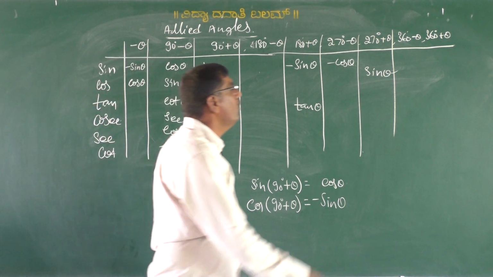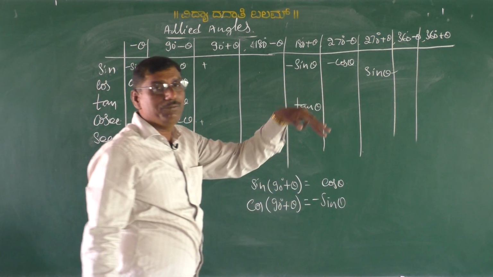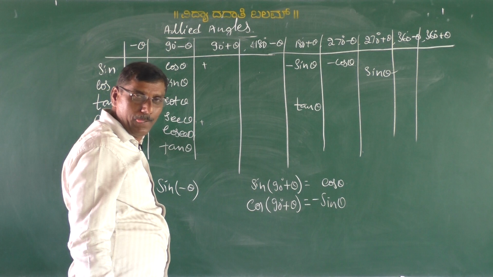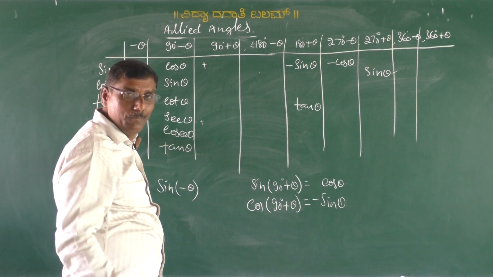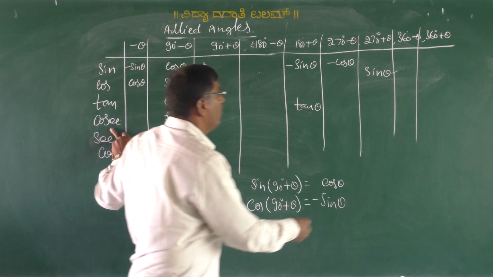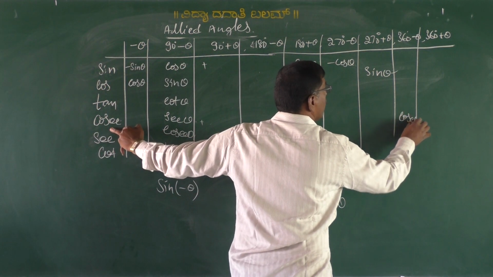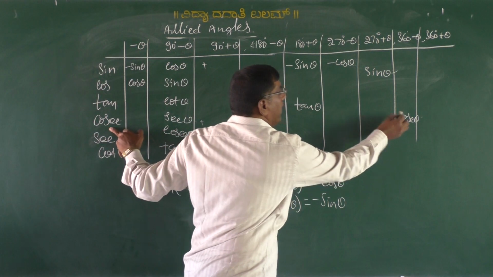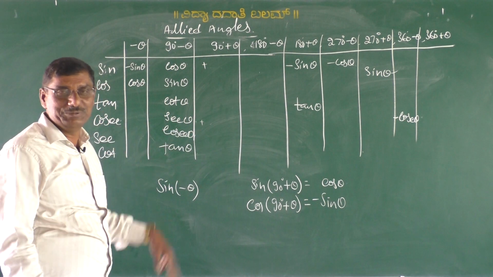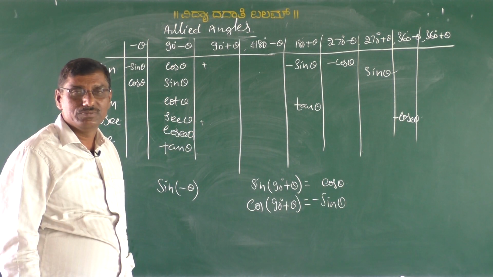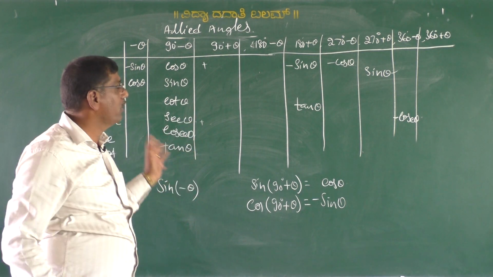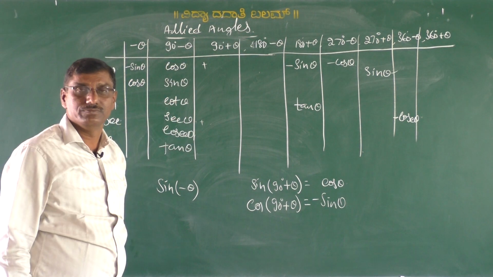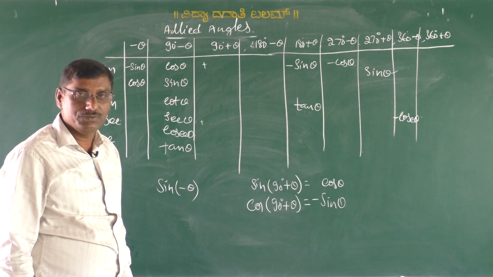And also we can define 360 minus theta. You can take any one, for example, cosecant theta. For 360, same ratio, we get cosecant. What about the sign? In the fourth quadrant, cosecant is negative, so we get minus cosecant theta, my dear students. That means if you know those 3 points, we can write the allied angles. Are you understood?